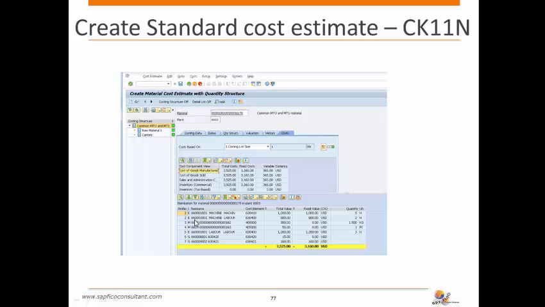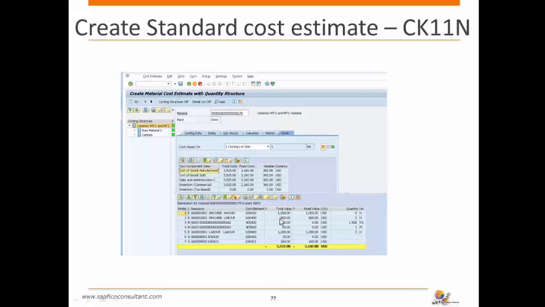Now the system will also pick up the routing. In the routing we have the activities which are assigned to the work centers, and it is designated by E. So here we have machine and labor, and the quantities are picked up from the routing. The production planning team has mentioned how many hours it will take. Machine is taking 5 hours for 1 kg of lot size, and labor is taking 2 hours. So it has picked up the 5 hours and 2 hours, and it will evaluate the 5 hours with the